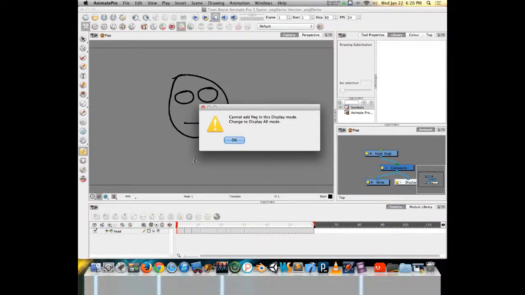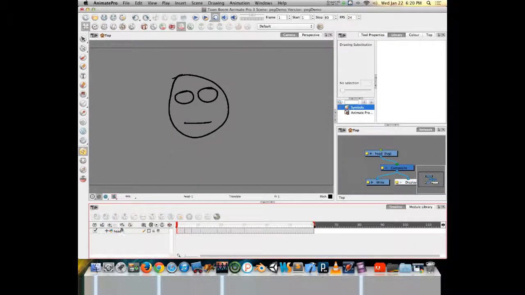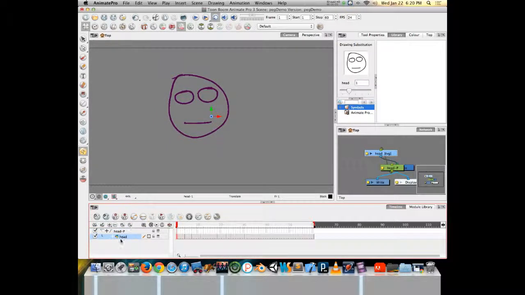Now when I add a peg layer, I need to select the head layer, and now it adds a layer, and you'll notice it takes on the name of the layer and puts a hyphen and a capital P, indicating this is a peg layer. So peg layers don't have any artwork associated with them. All they will get are keyframes, and these keyframes will then show up based on whatever transformations that I am